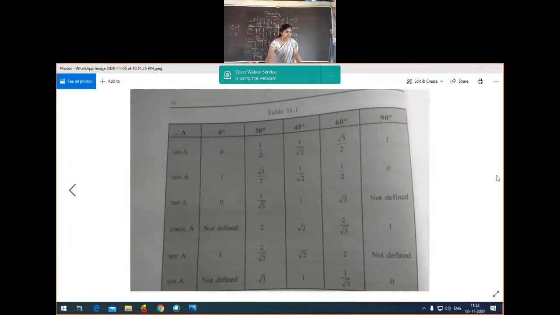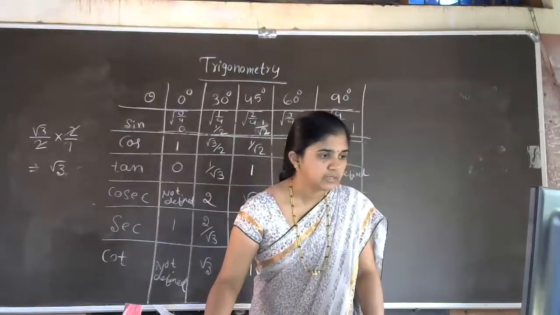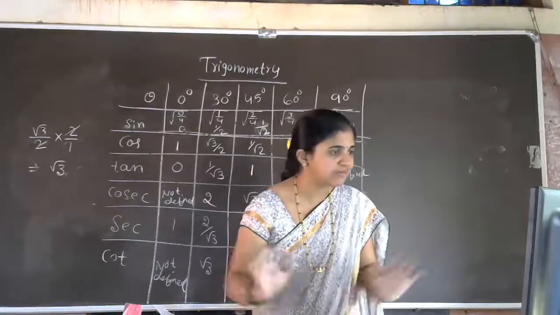See here, this table, it is table 11.1 in your textbook. So write this one in the proper way. If you want the calculation of 0 degree, 45 degree, that also you can write in your notes. This table you have to write neatly. Now you just observe one example problem. We'll discuss one example problem, then we'll end the class.